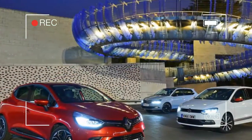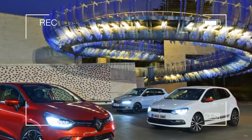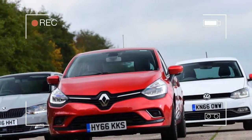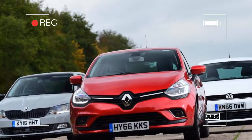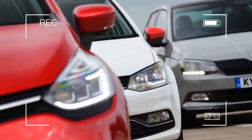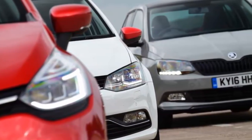In 2016, around half of all cars registered in this country were petrol, and as the fuel is cheaper to buy than diesel, it makes sense in a small hatch that might not cover huge distances over a year's driving. This is why manufacturers like Renault, Volkswagen and Skoda are plugging away with smaller petrol-engined models, especially in the wake of VW's dieselgate scandal. The Clio is the latest car to undergo a series of small changes, with Renault subtly